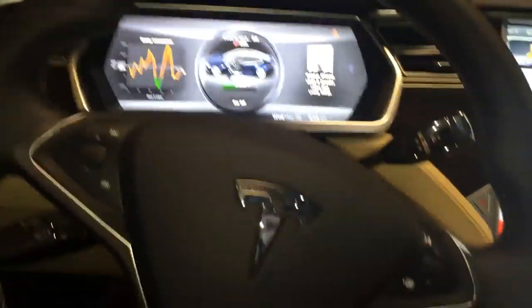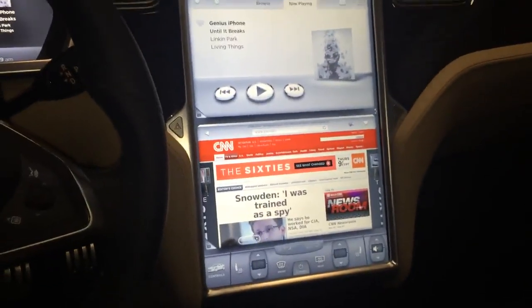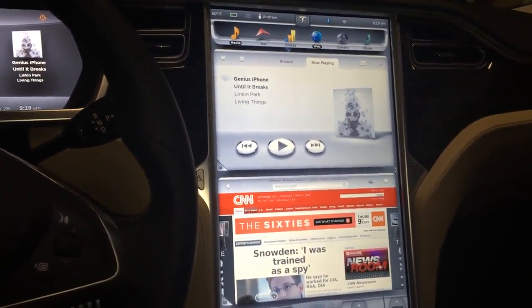So it's pretty straightforward. What you will notice, and the thing that annoys me the most, let me just get in here really quick, is that looking in here, you're going to notice that there are a couple of pieces here that are still yay or nay for me. And I'll walk through these here. So I think the first thing we'll do is look at the screen here, which is probably the most